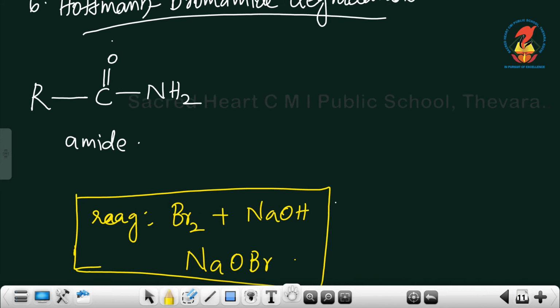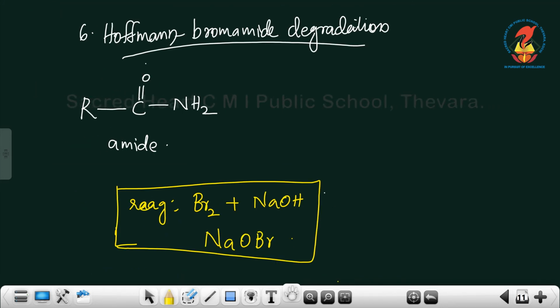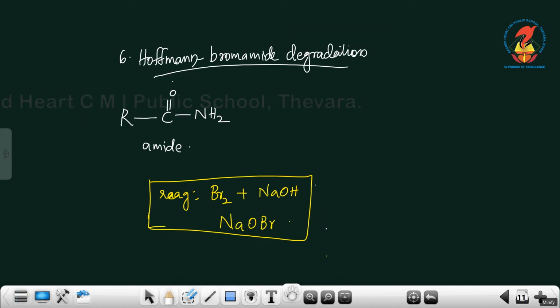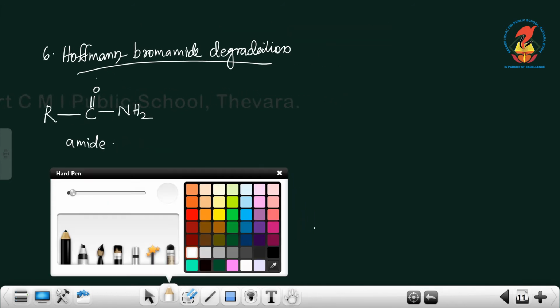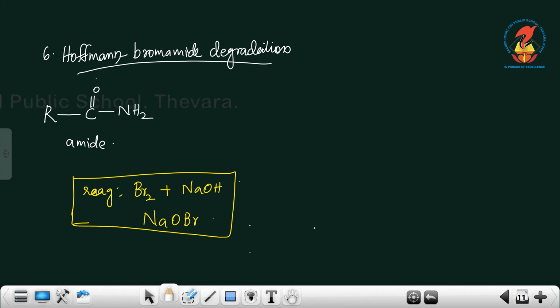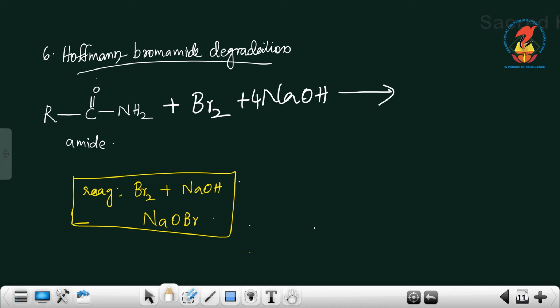Now we can understand the reaction from the equation. The general representation of an amide, RCONH2, reacts with bromine and NaOH. In order to balance the equation, we have 4 NaOH. What happens here is